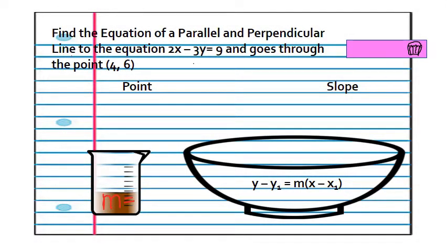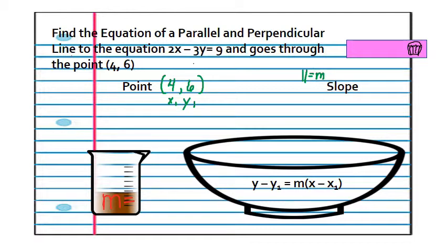Let's find the equation of a parallel and perpendicular line to the equation 2x minus 3y equals 9 that goes through the particular point (4, 6). Well, the first thing that we're going to have to find is the point to the equation here. And so we have a point, that's great, which is (4, 6). And again, remember to label x1, y1. And then we're going to have to find a slope,